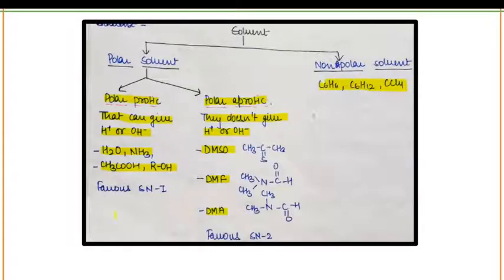As you know very well, nucleophilic substitution reactions are of two types, SN1 type and SN2 type. In the presence of polar protic solvent, the reaction will favor the SN1 type of reaction. In the presence of polar aprotic solvent, the reaction will be of the SN2 kind.